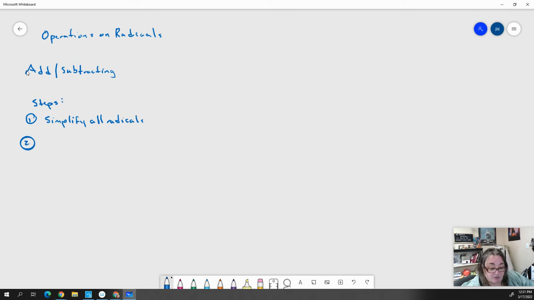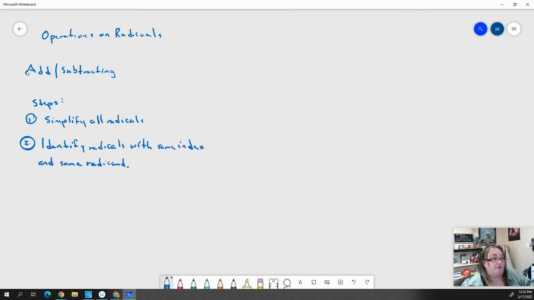Step 2 is long. Identify radicals with same index. And I'll give you a reminder of what the index is in a minute. And same radicand. Because they're the only ones that can be combined. They're like